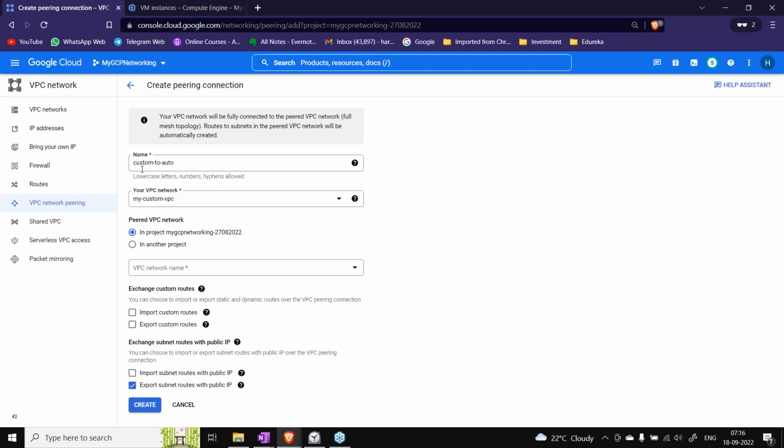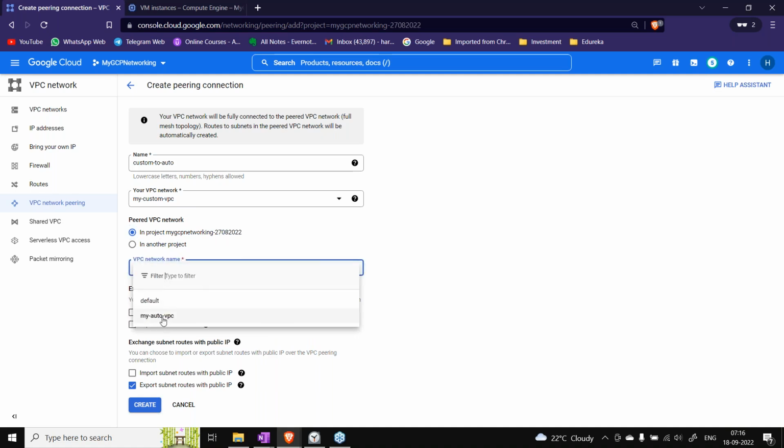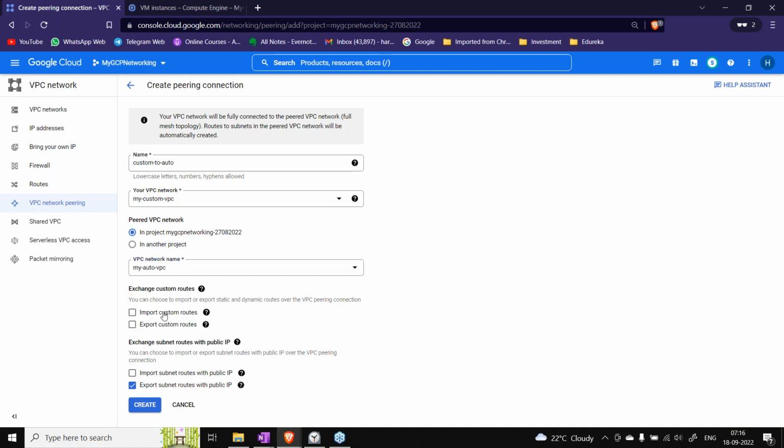So here we are creating between custom to auto. We select the custom VPC, in the same project, and I select the auto VPC. The rest of the things can remain the same. I am creating a peering from custom to auto.